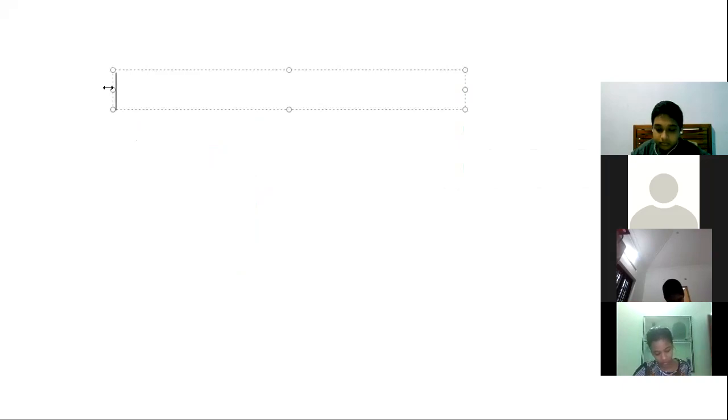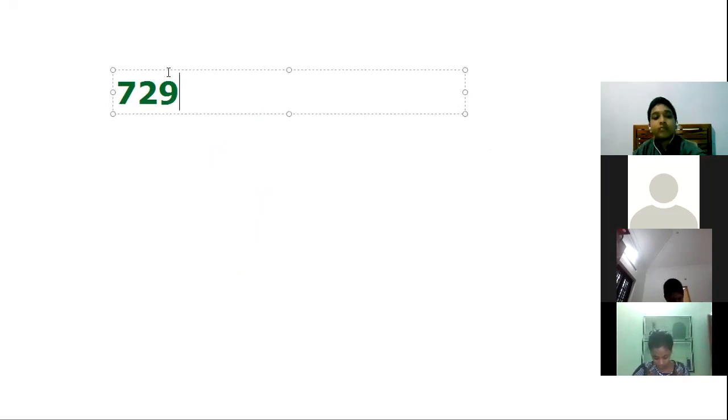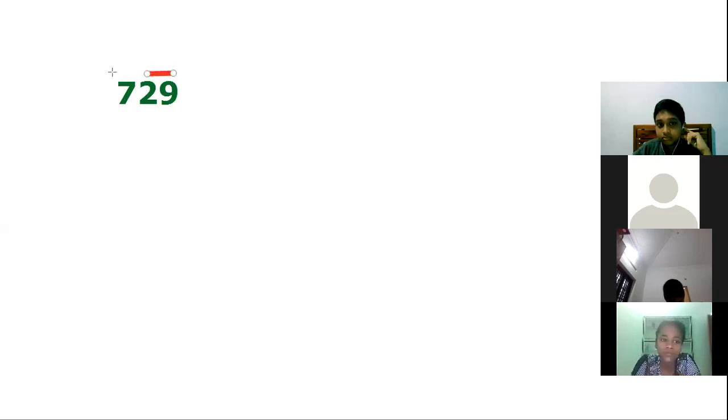That is, the first number is 729. Then how will you pair this number? We have to start with the ones place. 29 and 7. Then our pairs become: the first pair is 29 and the second pair is 7. Okay, now we get two pairs. Then which is the leftmost pair here?